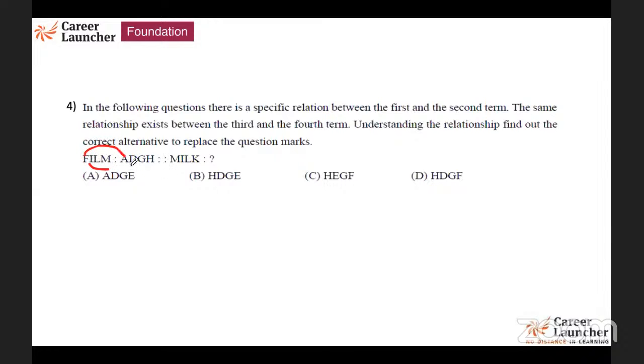FA, ID, LG, MH. You can see the way in which this is getting done. FA, how much minus? ID, what is the difference? LG, what is the difference? M and H, what is the difference? Similarly, the same difference has to be here. M, I, L, and this thing. So you clearly know that I will obviously be D here. Therefore, C will get cancelled. Then is there anything? L has to be G. So G has to be there.